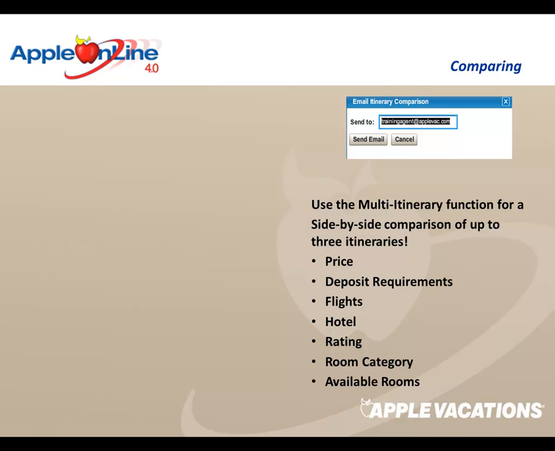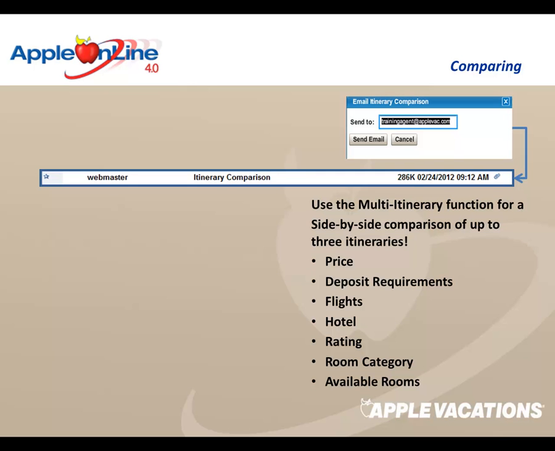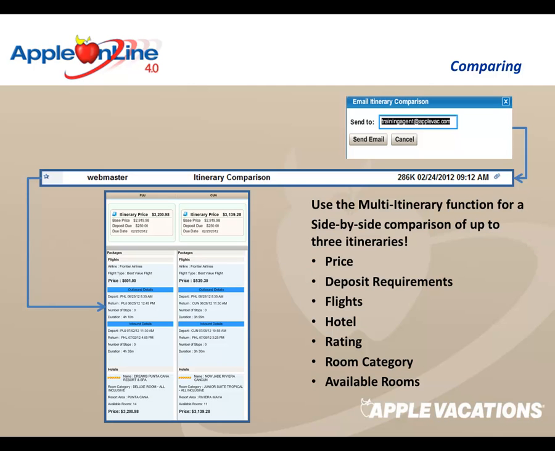Just enter the corresponding email address and click Send Email. Emails will be sent from our webmaster to the entered address with the compared itineraries attached as a screenshot. The recipient should double-click on the attached image to see the overview of the compared itineraries. How great is that? Now, while we're talking emails,